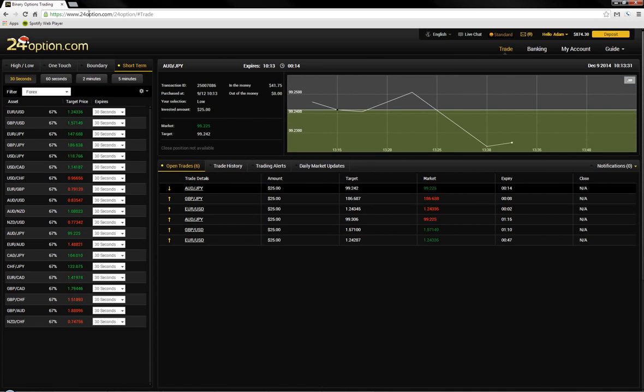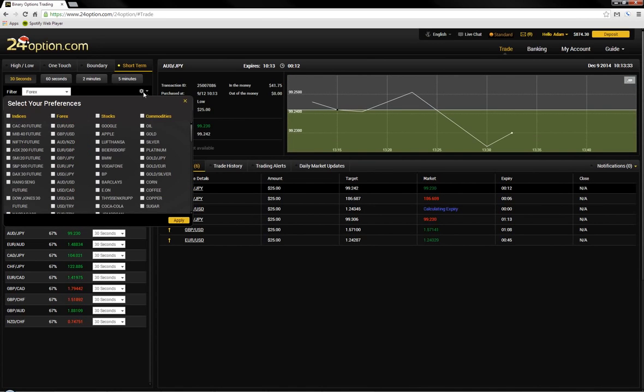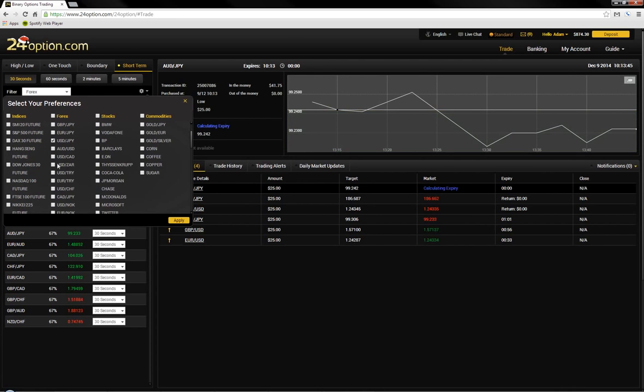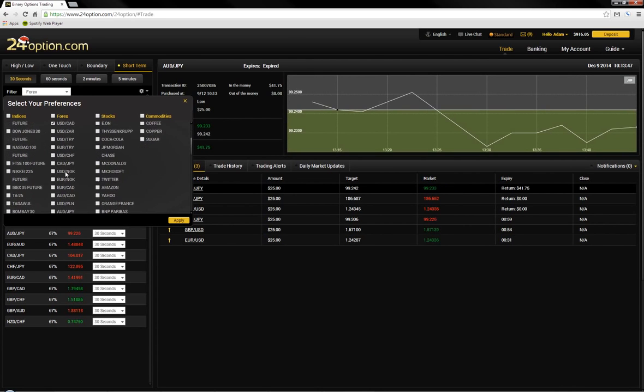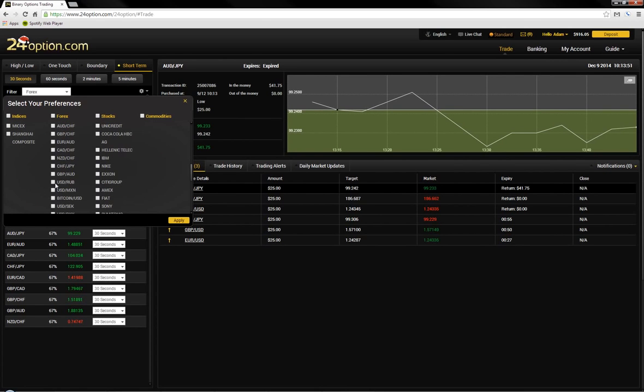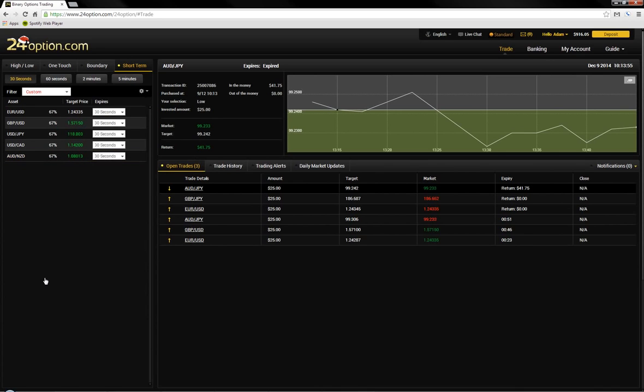I'm trying to think if I missed anything. They do have the filters here, and you can also go through here and pick your pairs. This is one of the other things I like. If you have pairs that you like, I like Euro AUD, NZD, Euro GBP is not one of my favorites, USD JPY, AUD USD, and where's AJ? Good enough. You hit apply. There's the pairs you picked. So if you're looking at a certain set of pairs that you want to pick, it's very easy to filter,